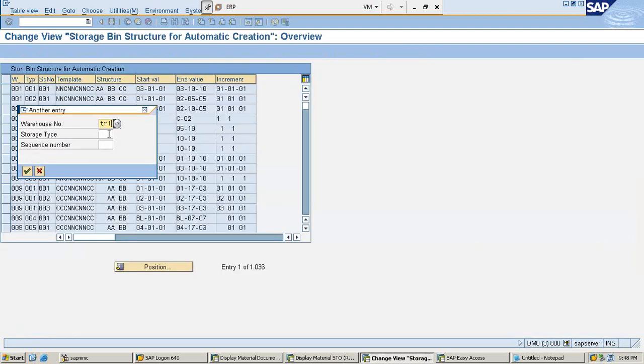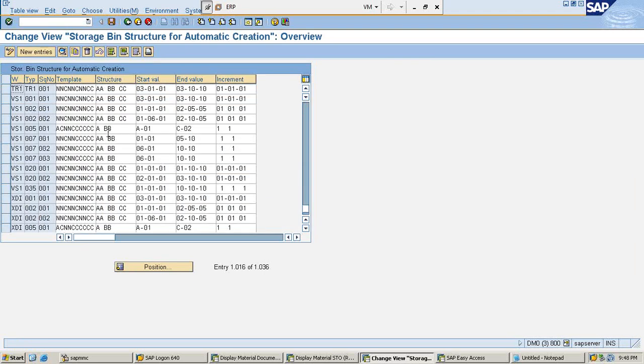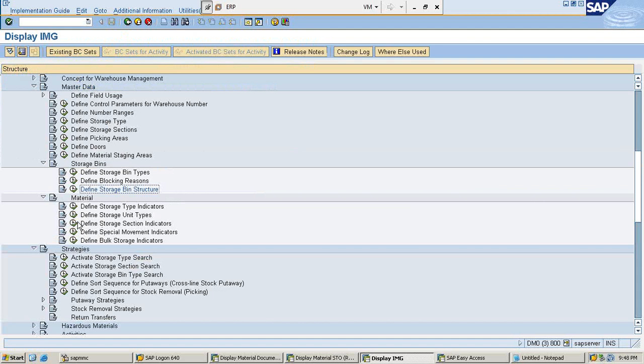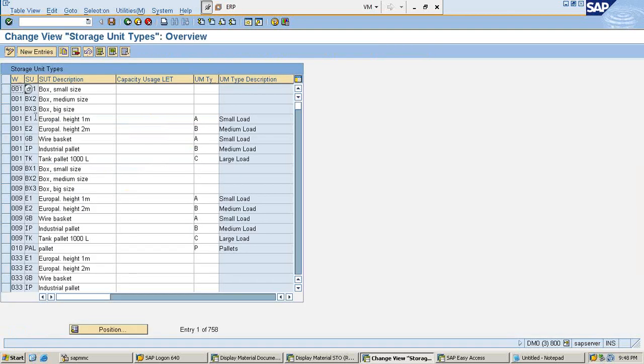PR1, storage type PR1. Oh, E1. Okay. So now for this storage bin type, so we define storage unit types. So for this storage bin type of one,